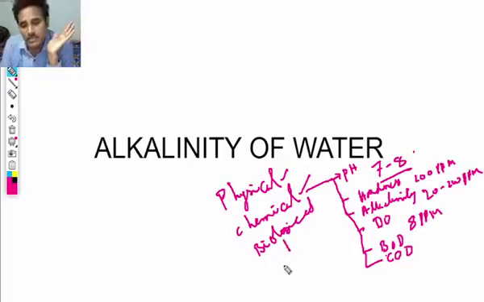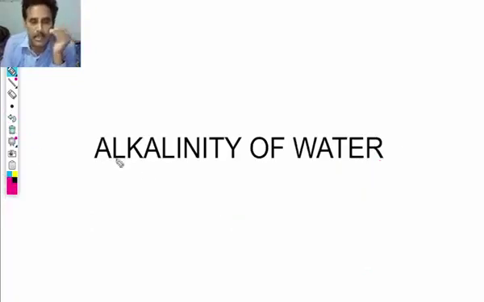Biological parameters are nothing but any bacteria or virus that may have contaminated the water sample, which will be studied. So that is called the biological parameters. So this is about the importance of alkalinity and water quality parameters especially. Now alkalinity is one of the water quality parameters. So the very important thing is how to estimate the alkalinity,